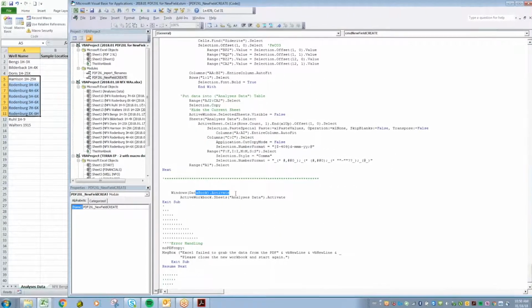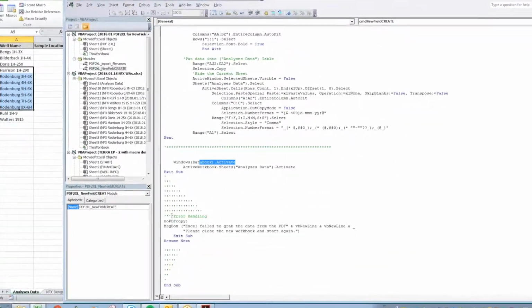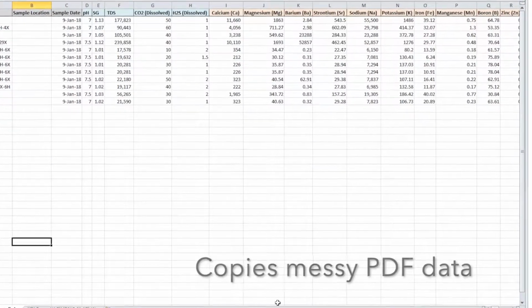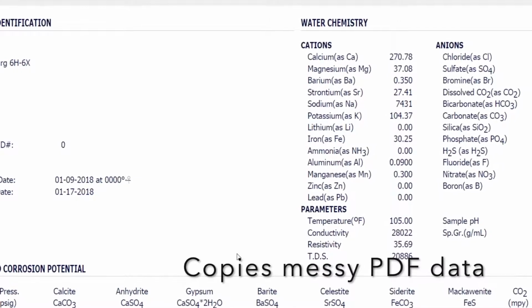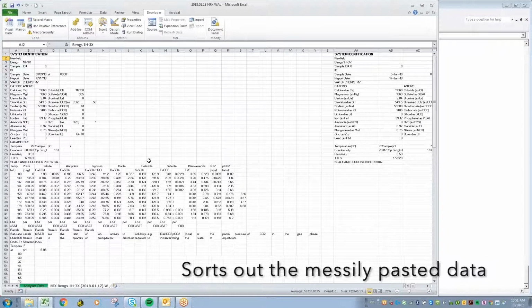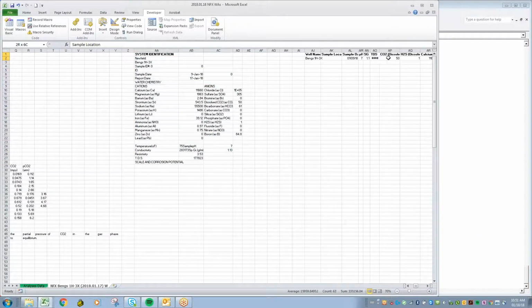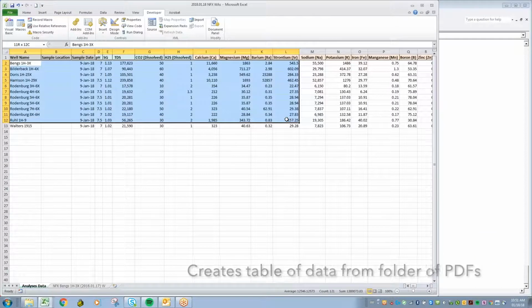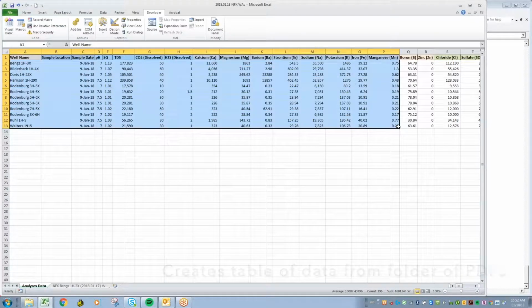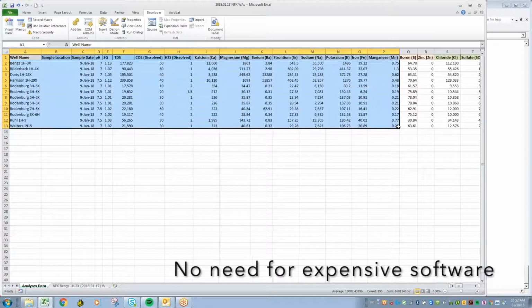And then it's going to go back to activate that, exit sub, and then of course there's some error handling and stuff here. But that's basically what it does. It just copies the data from a PDF, like pushing Control A and then Control C, and pastes it into a tab. And then sorts this information out, writes out this table, and sorts the information again, spits it out here. So this is the best thing we have going. They just need tables like this that they can enter into their programs. They don't really need to spend the hundreds of thousands of dollars